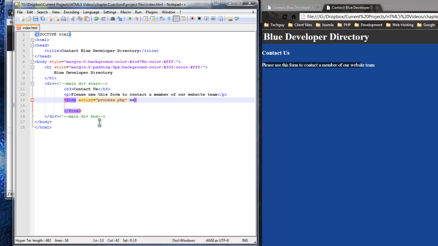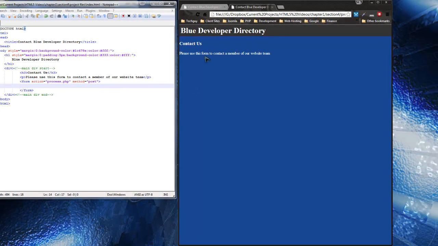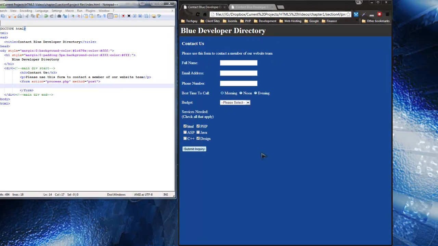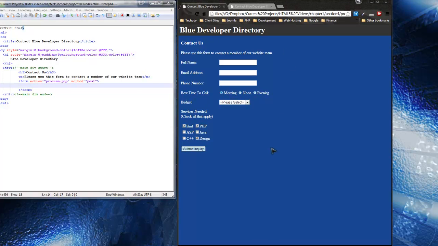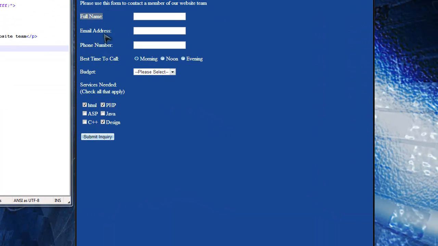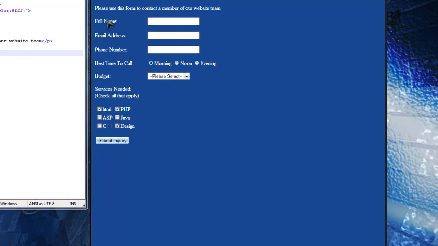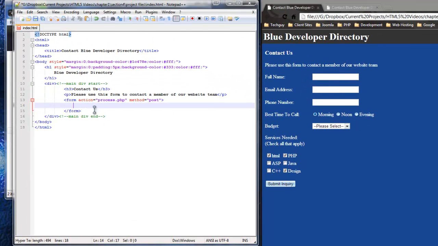Next we need the method. And the method, like I said before, we're not going to get into this. This is more server-side stuff. I'm just going to put post. Now in the form is where we'll put all our input tags. And what I'd like to do is, if we go back to the done deal, you'll see we have these are labels, the full name, email address, and what we do is we connect these labels to these forms through a label tag. So what I'm going to do here is